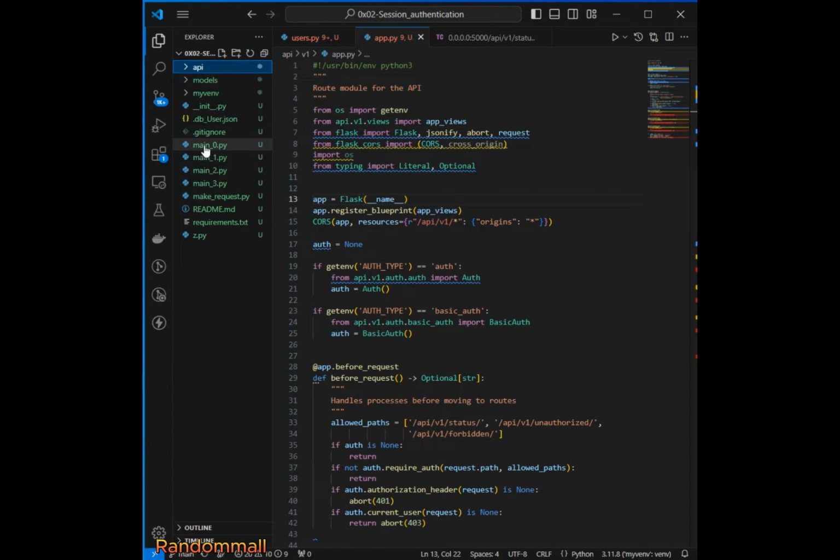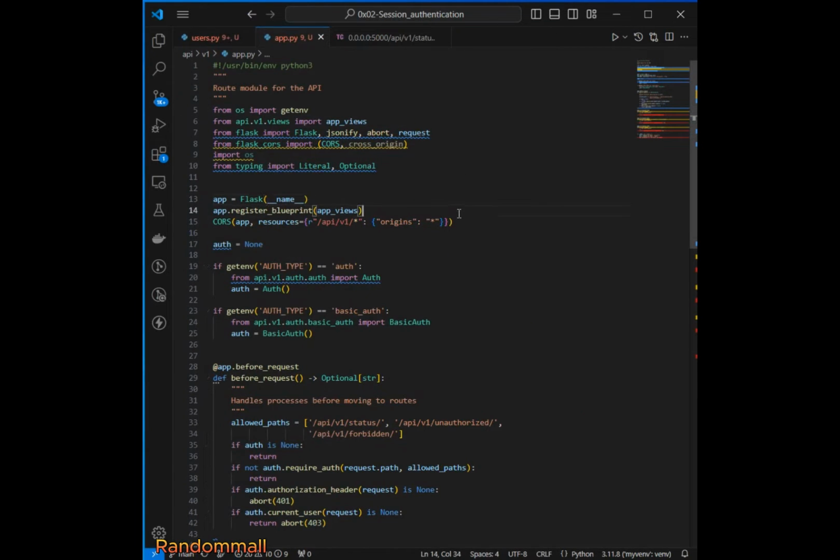Here I already prepared the files for testing, requirement.txt, etc. So I believe you must have copied this API and models directly from your basic authentication. So yeah, so